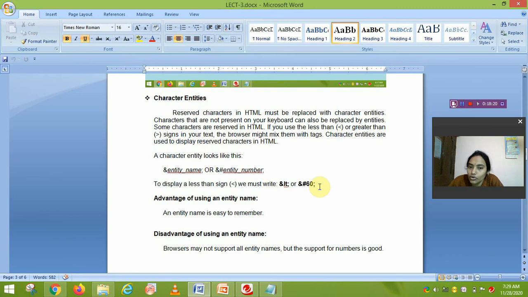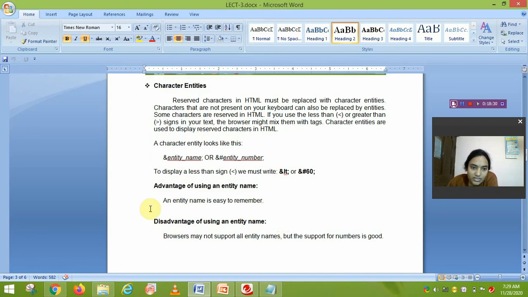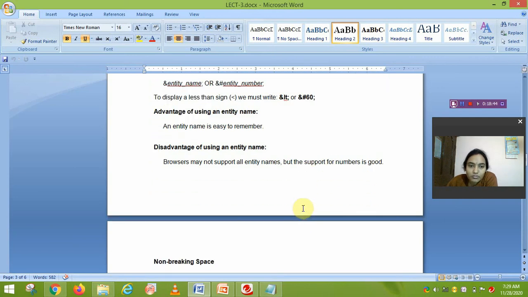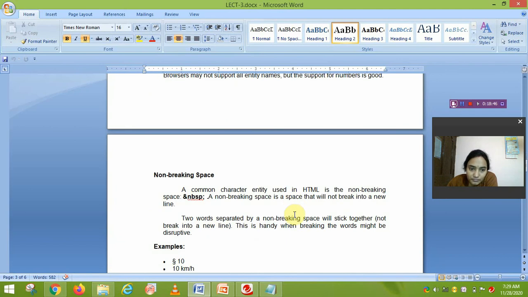Okay, if you don't write the semicolon, then the entity is not executed. So the advantage of the entity name is that we easily remember it, but the disadvantage is that the browser may not support all entity names, but the support for numbers is good. Okay, sometimes it will occur.